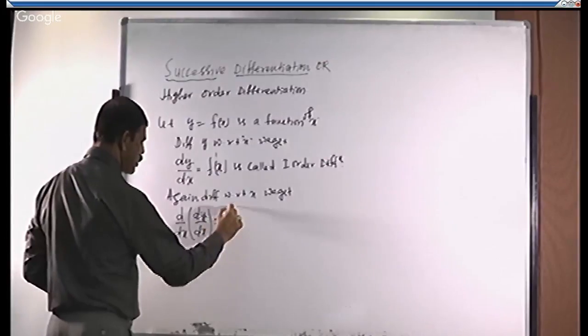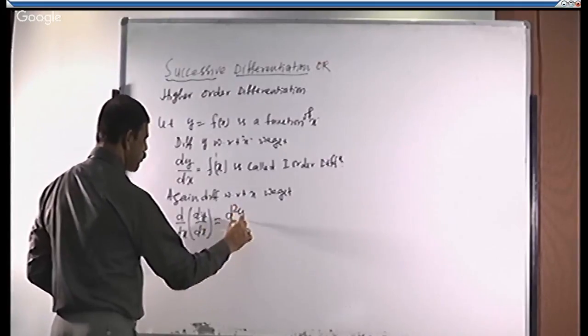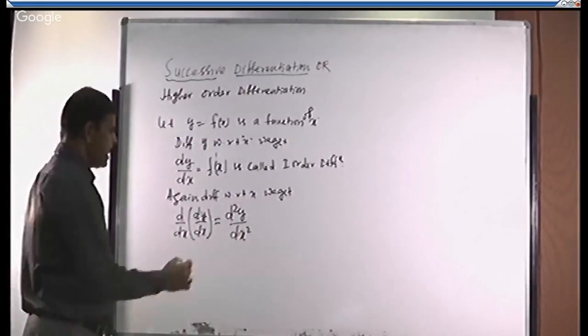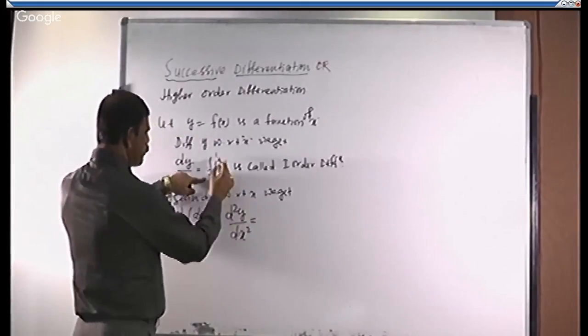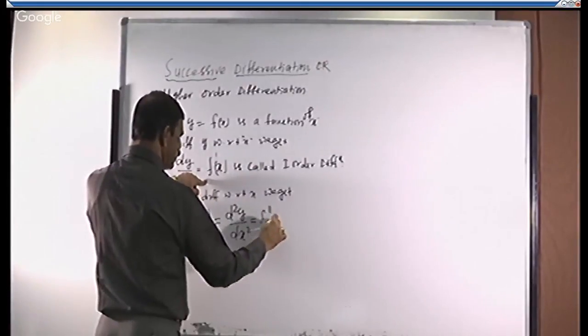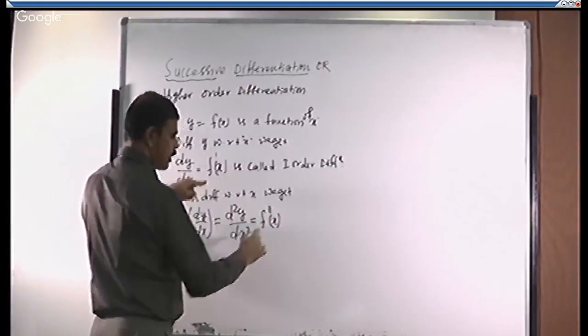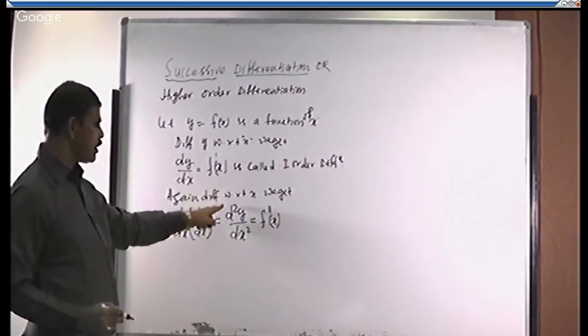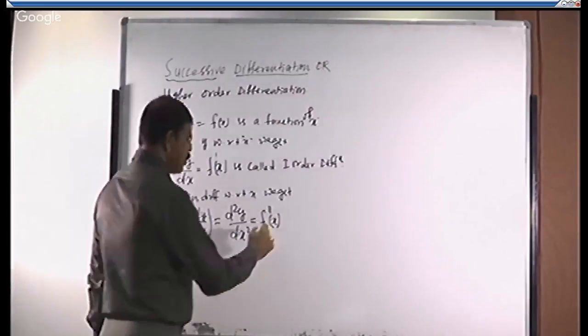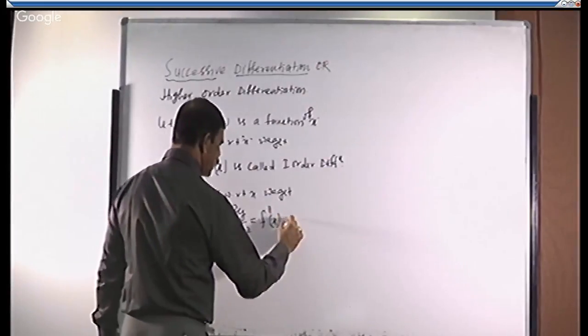That should be taken as d square y divided by dx square. f dash x differentiation, suppose if you get another function, I will take it as f double dash x. So this d square y by dx square or f double dash x is called